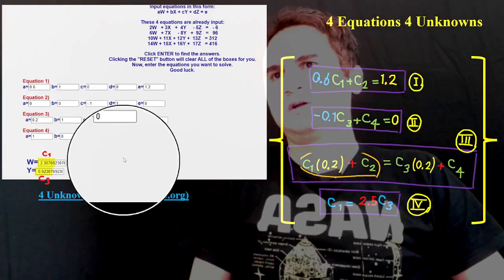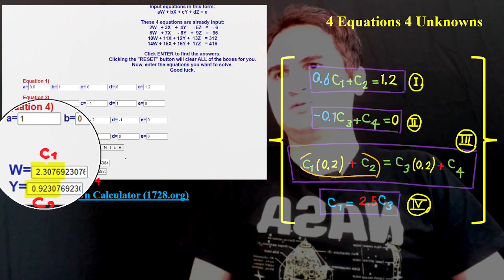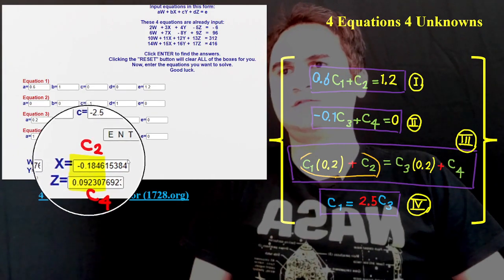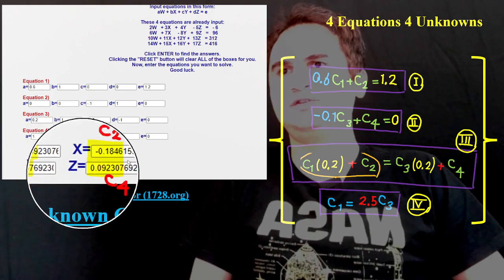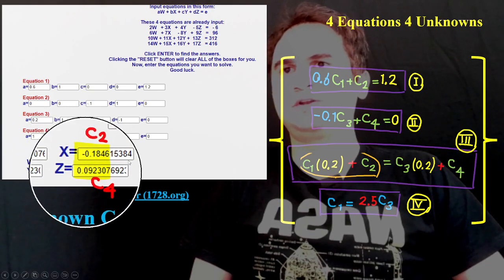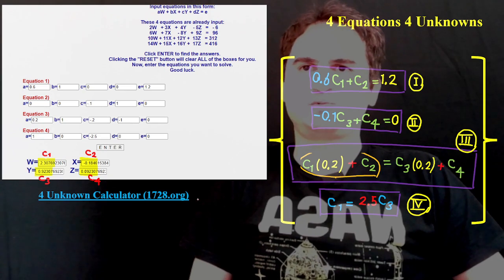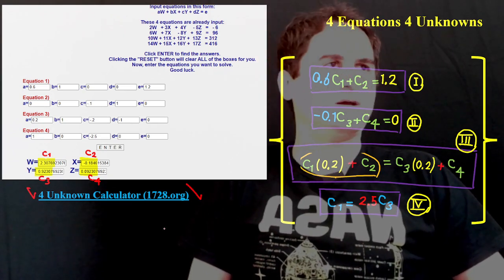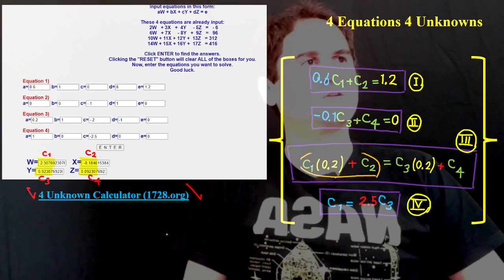So C1 is equal to 2.3 something, C2 is negative 0.18, C3 is 0.92, and C4 is 0.092. I just provide you with the link to solve the 4 unknowns, and you can solve it with